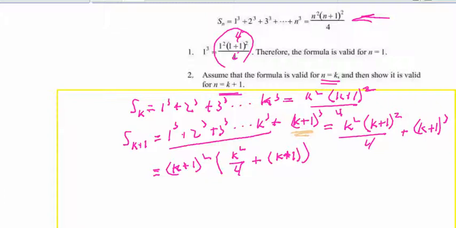So I'm going to multiply this one on the right by 4 over 4, and this one by (k plus 1) over (k plus 1). And now when I take this down, I have another k plus 1 that I can factor out, which gives me (k plus 1) cubed times